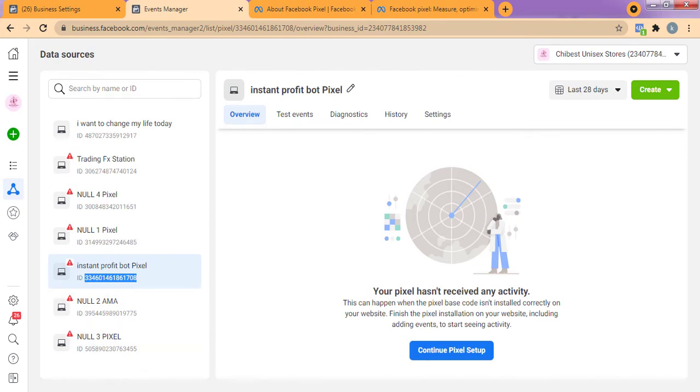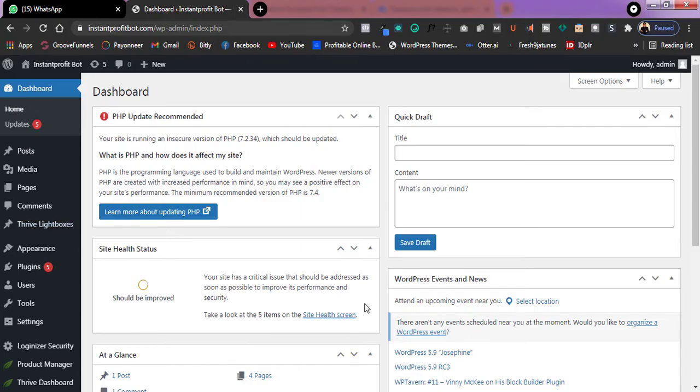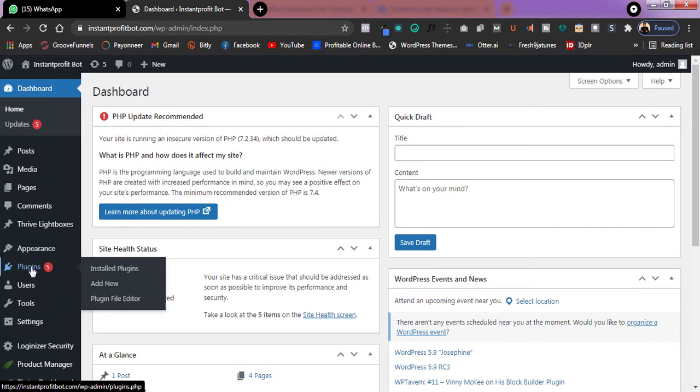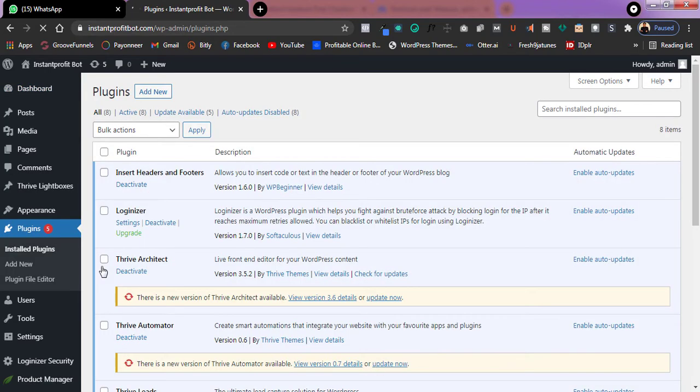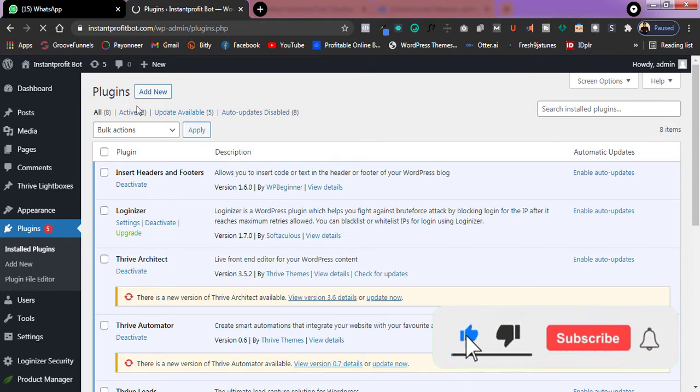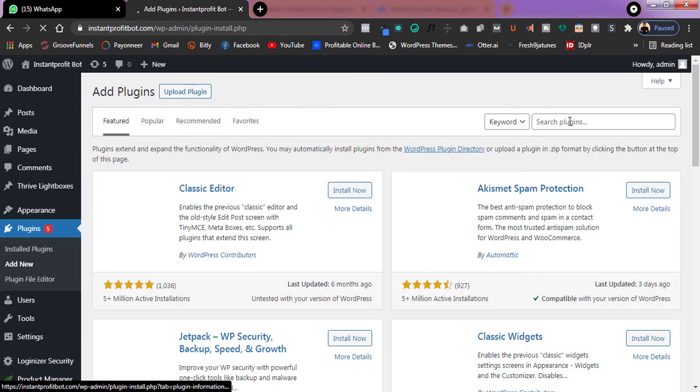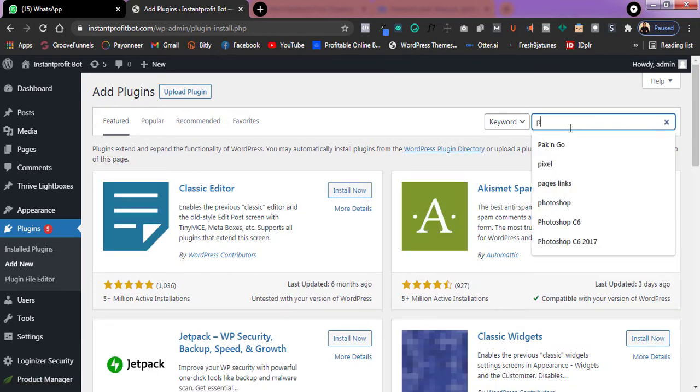If you go to your WordPress dashboard, this is your WordPress dashboard if you're familiar with WordPress. Now, how do you use that Pixel ID to get your Pixel on your website? Go over to plugins. You do this using various plugins. There are various plugins you can use, but I'm going to show you the three better plugins you can actually use to do this, and I'm going to use one of them to illustrate to you. So I'm going to click on add new, trying to add a new plugin, and if I search Pixel right here,